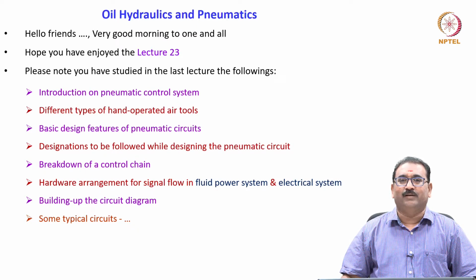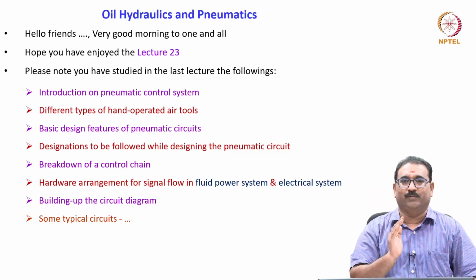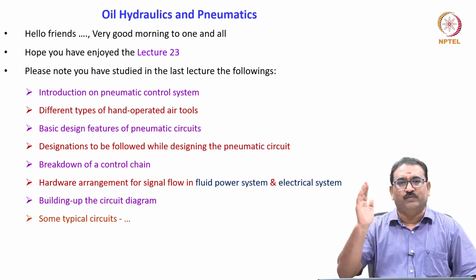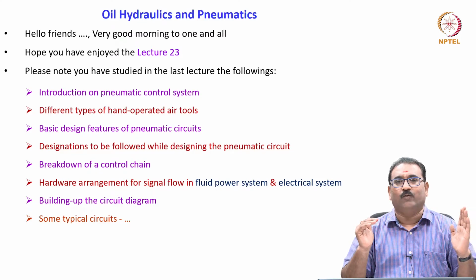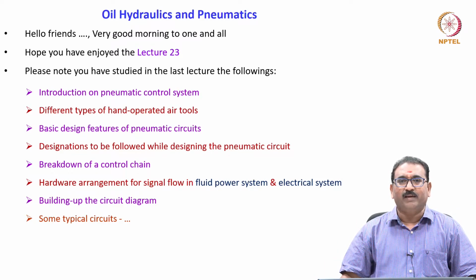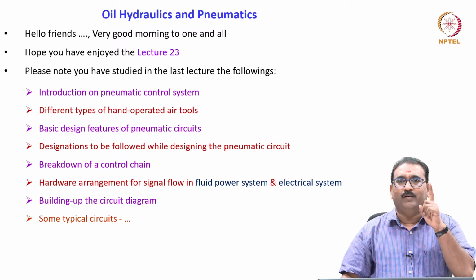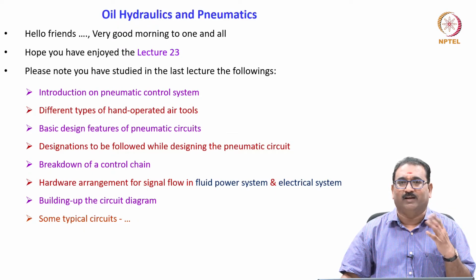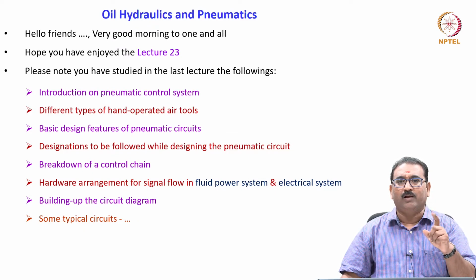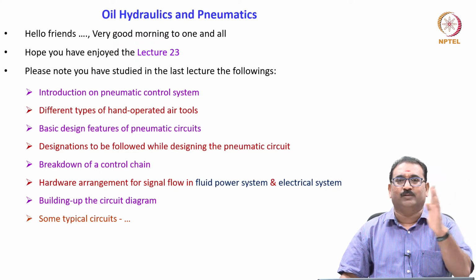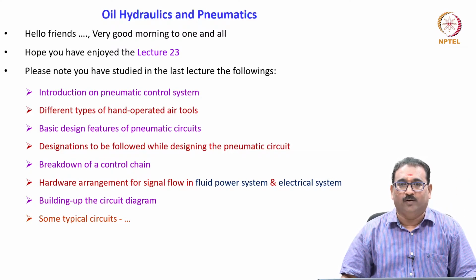Always the circuit is drawn in the null position, that is, actuators are always in the retracted position. The operations will start once we give one push button. Generally, one valve, the DCV, either a 2/2 way valve or a 3/2 way valve, whatever it is, they will keep as a main valve. After pressing this, everything will start moving, because that is the main control valve, which controls the fluid flow from the source to other valves.